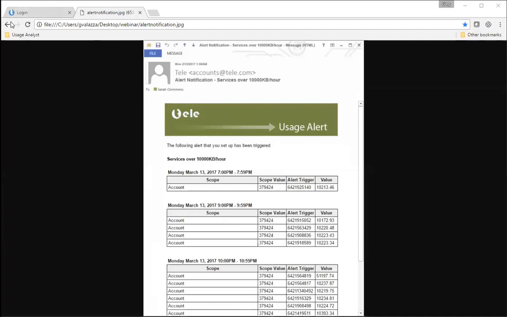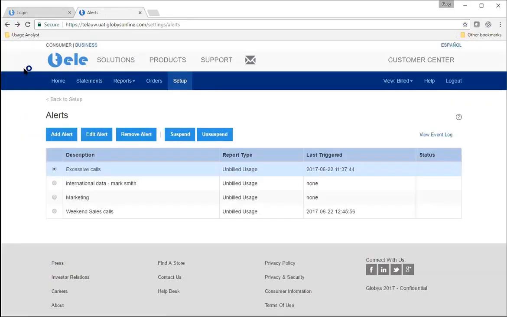And let me just go back. So that's kind of an overview of the new alert functionality, and I'm very happy that we were able to get all of these product requests into one release. The other thing I just wanted to mention about alerts, and this is kind of the last thing I want